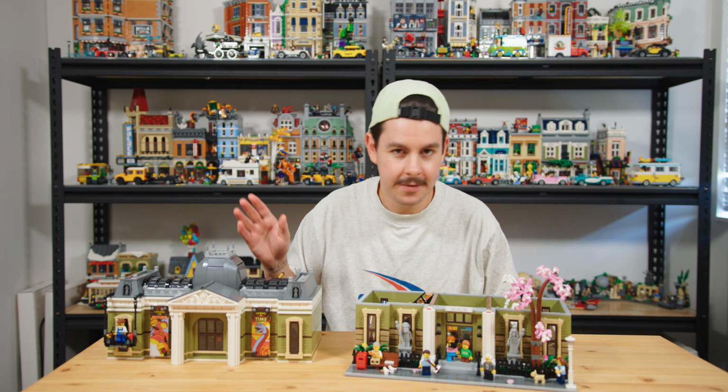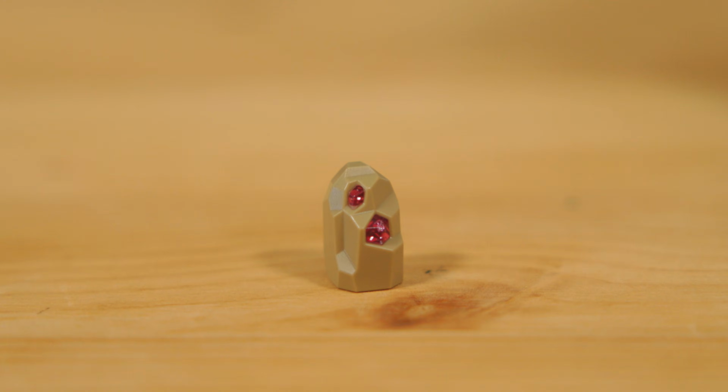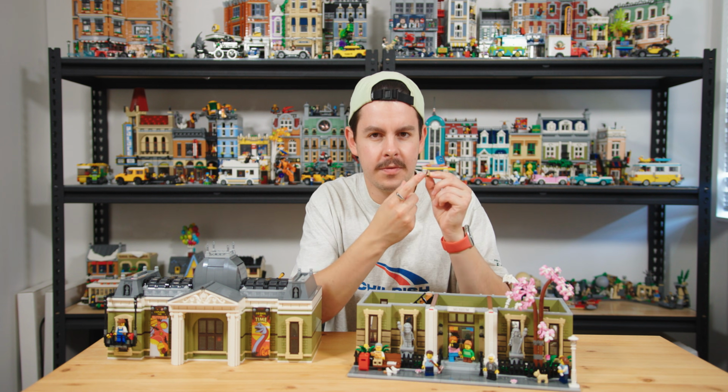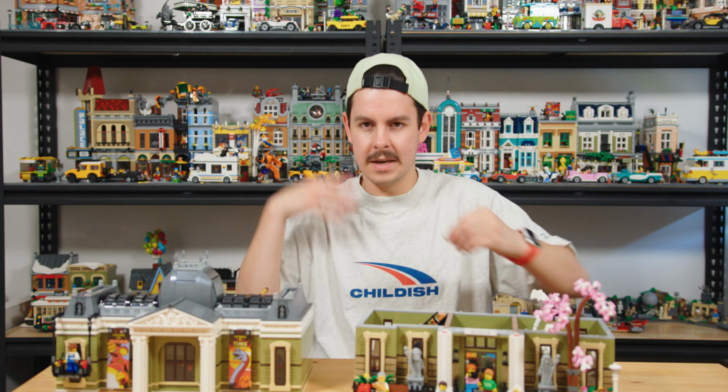Back inside, this isn't a reference to another Lego set, but the crystals, so cool. This Amethyst piece is my absolute favorite. I don't know if this is a new piece or if it's been in another Lego set, but I love it. It reminds me of the mining sets that Lego used to do. They used to have the rock monsters that were like kind of...